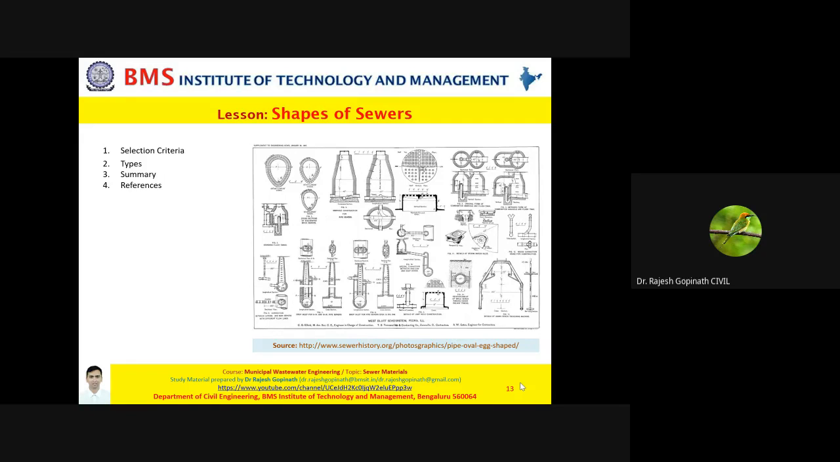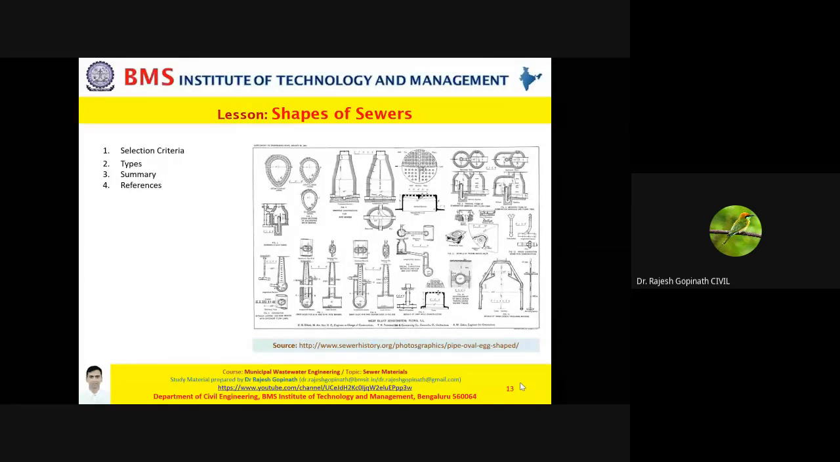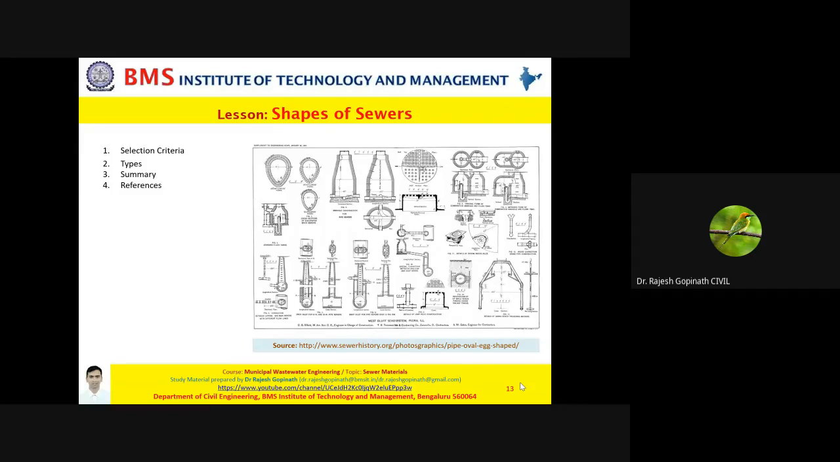Okay, the first selection criterion is the stability aspect, that is the structural safety. The second one is with respect to maintenance, how easily can we clean the sewer. The third one is whether it is able to attain self-cleansing velocity during dry weather flow. And the last one is, is it possible to provide sufficient freeboard during maximum discharge, that is your wet weather